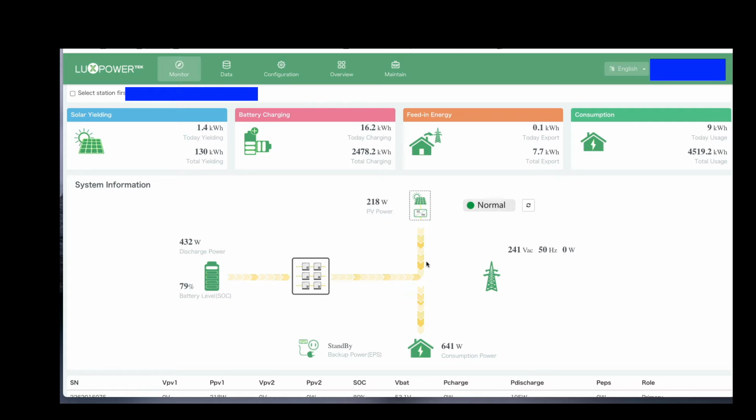So what I'm going to do is go through some of the settings for you and show you all that,